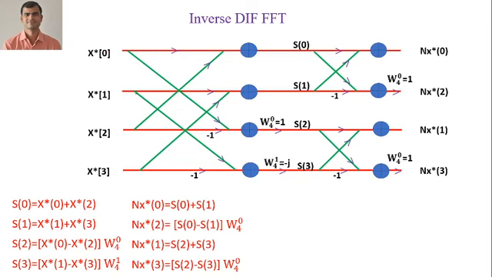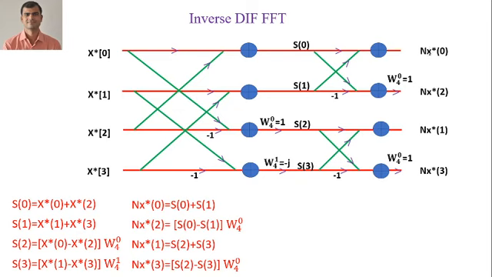S2 is the subtraction of x conjugate of 2 from x conjugate of 0, and then it is going to multiply with twiddle factor exponent, that is W40. Here it is x conjugate of 1 minus x conjugate of 3, then it is going to multiply with W41, that is the value of S3. So after the twiddle factor exponents we have got the output of stage 1. I have taken it after the twiddle factor exponent multiplication.